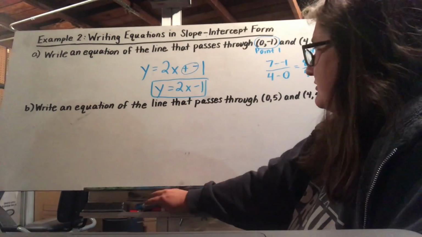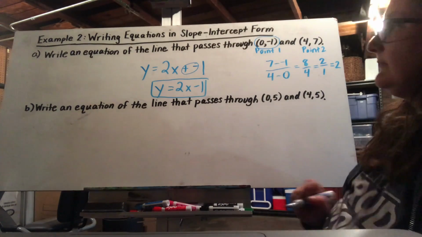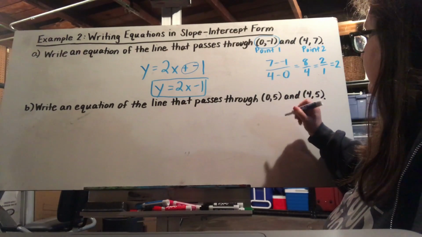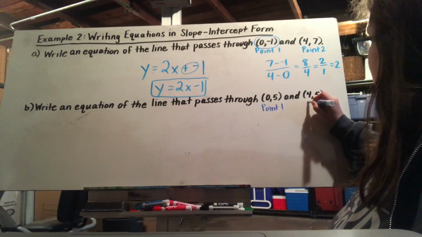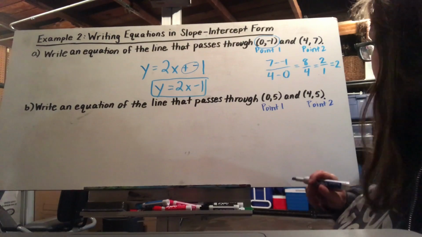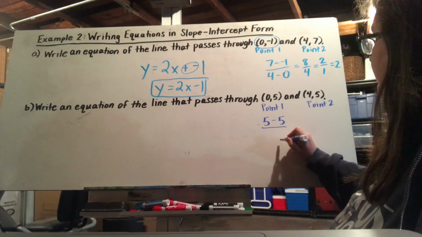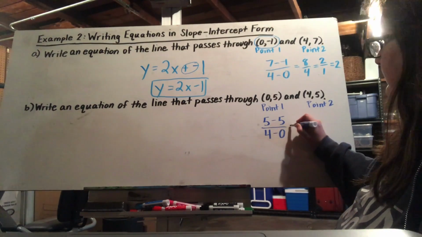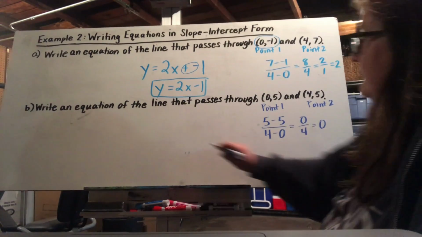All right, let's try another one. So this time, we're trying to write an equation of this line. So we've got point 1 here, point 2. So the first thing I'm going to try to do is find my slope. So I'm going to do 5 minus 5 for my y's, 4 minus 0 for my x's, and I get 0 over 4, which is just 0. So a slope of 0,